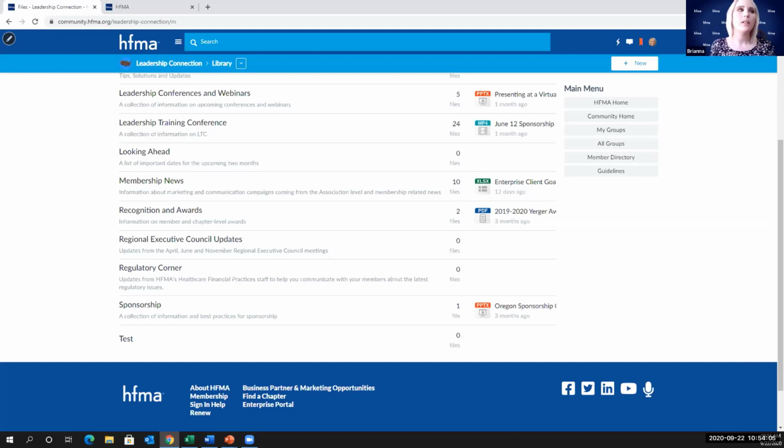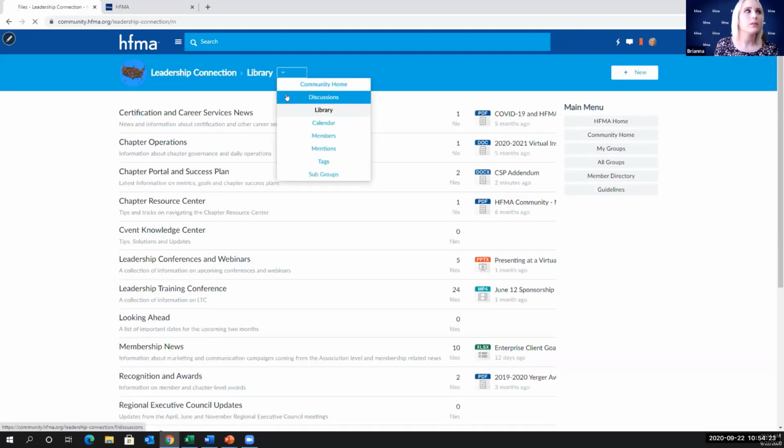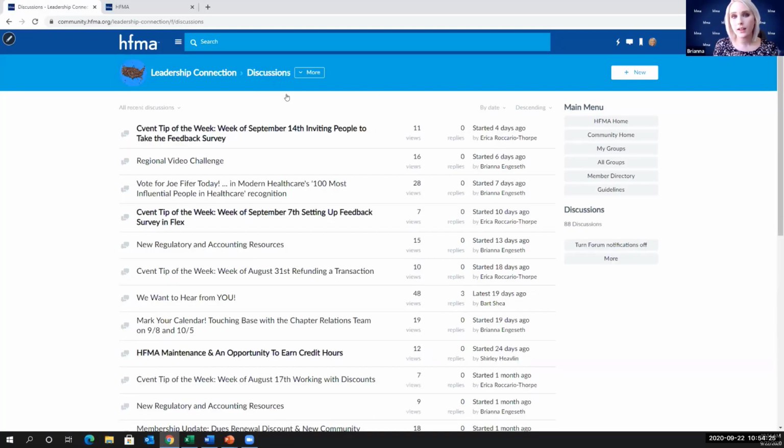Good deal. Well, if you haven't had a chance to use the community, I would say it's a great tool to use. You can definitely use it as a communication tool within your leadership group as well. If you go out and use the discussions and you're opted into the notifications for your own small group, then anytime something is posted, you could essentially decide when you're going to have your next board meeting via a